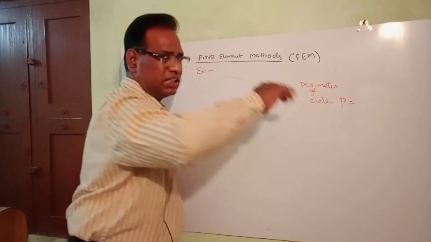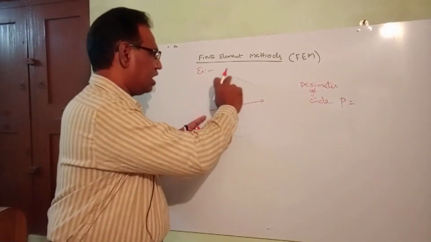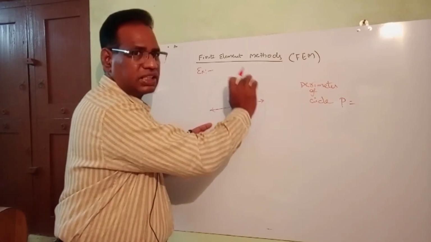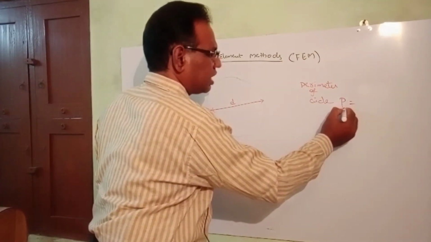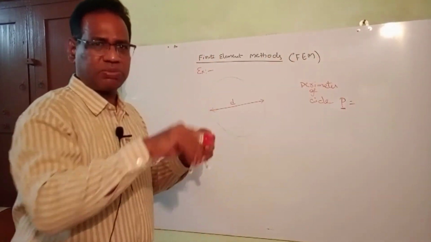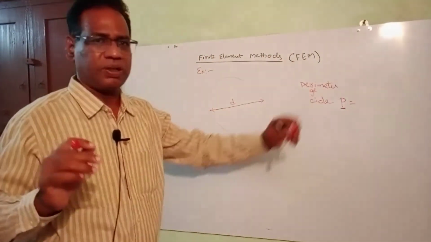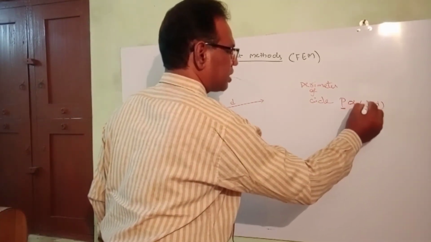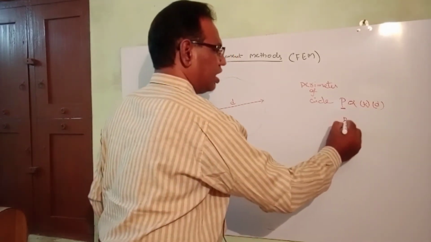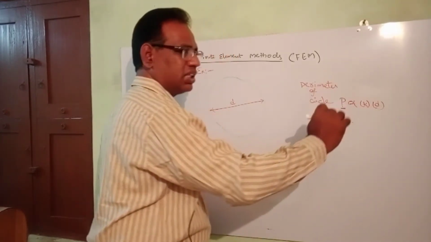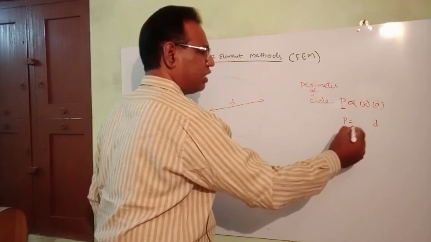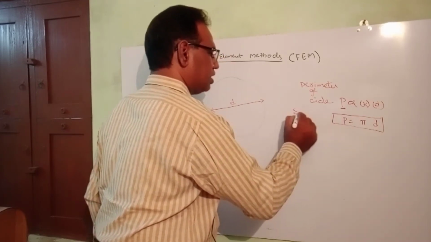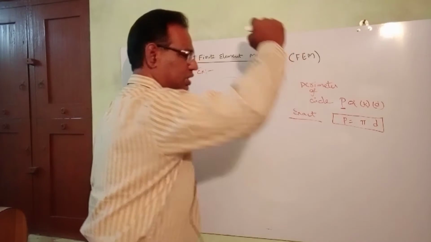P equals, this is done experimentally because we have taken some thread and measured the circumference of the circle with the thread, and suppose the value is P. You measure the circumference of a circle whose value is P, and equate that to the diameter of the circle. It is approximately equal to some constant times d, and if you take any circle, this equation is valid with some constant, so pi. So now it is an exact solution by the experimental method.